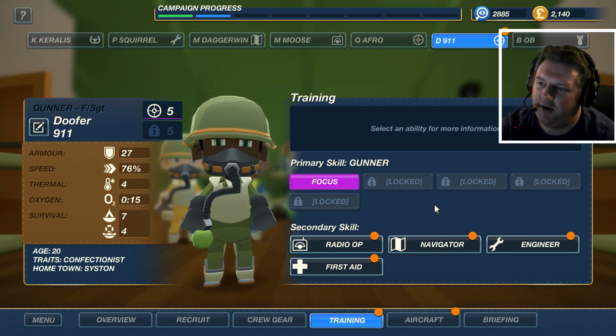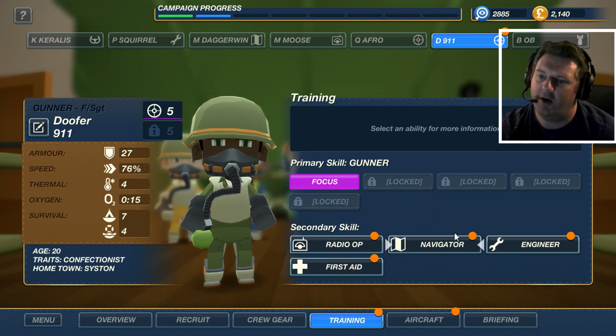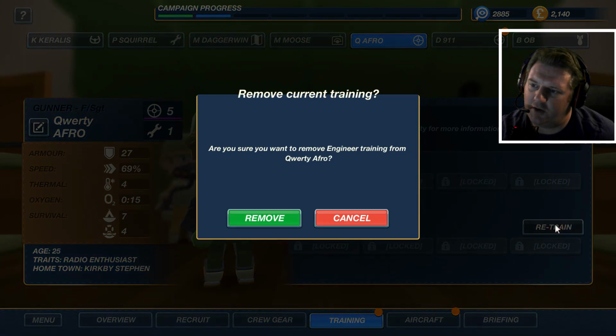Right, where should we put you, sir? I think navigator, because without... No, I don't. Or do I? See, he's perfectly placed to be the engineer. He should be the other engineer, really, and not QWERTY Afro. So then what could...